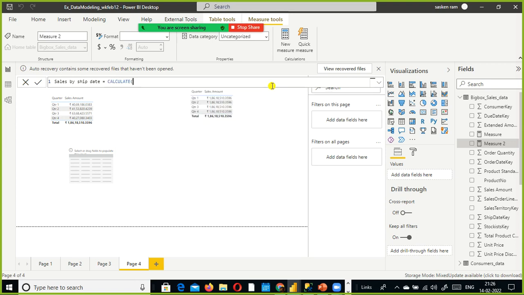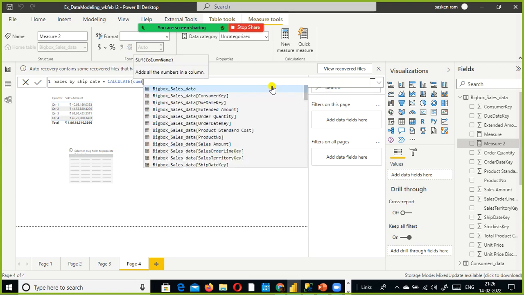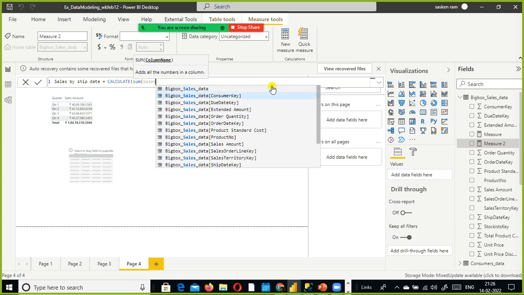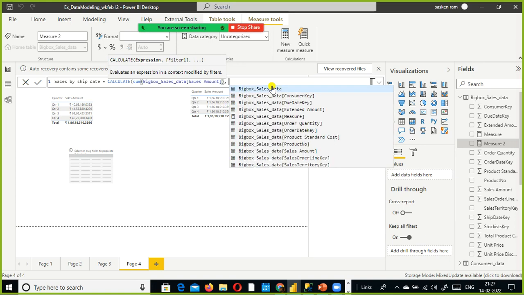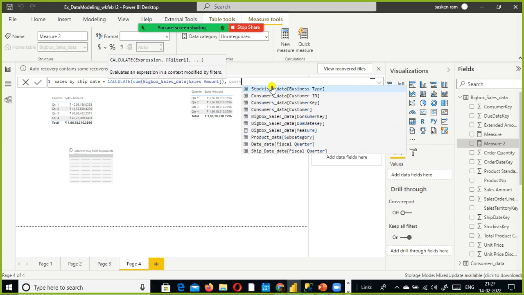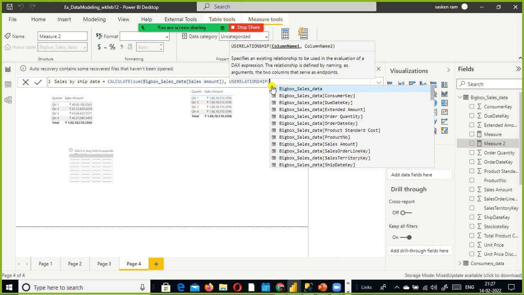I'm going to use a function called CALCULATE. This is a DAX function. Here what I do is sum of sales amount, and here I have something called USERELATIONSHIP. This is a DAX function. Here I specify the inactive relationship, right? The columns that we used to create the inactive relationship.